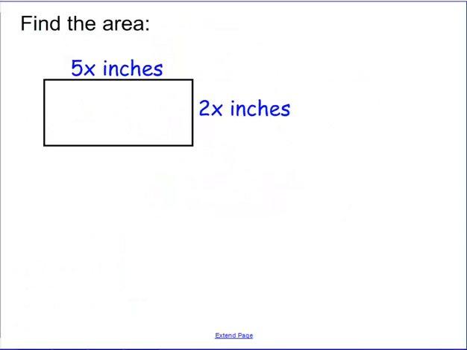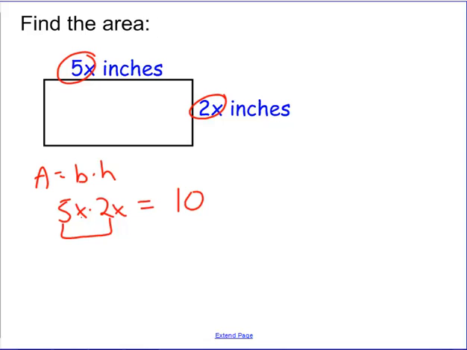One last very quick example just to show you a way that I might make you apply this on a quiz or on an assignment. If I ask you to find the area, we know the area of a rectangle is the base times the height. In this case, clearly, one side is 2x inches long, the other is 5x inches long. If I take 5x times 2x, I notice I multiply those coefficients and I get 10, and I have an x times an x, which would be x squared. And then as we've seen on quizzes and tests in the past, labels matter. Area would be